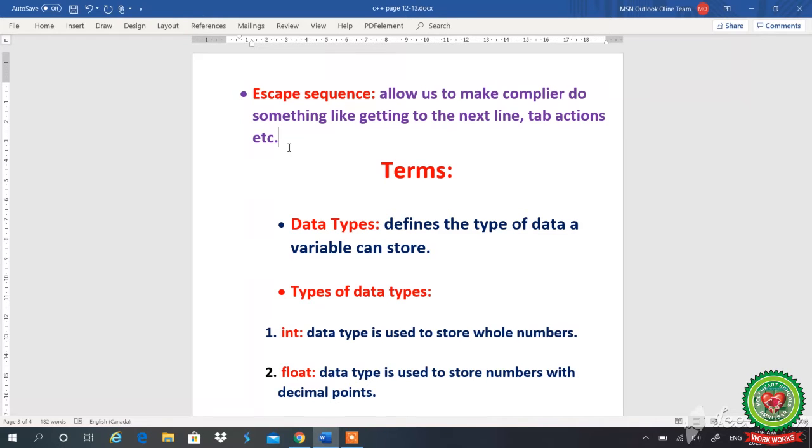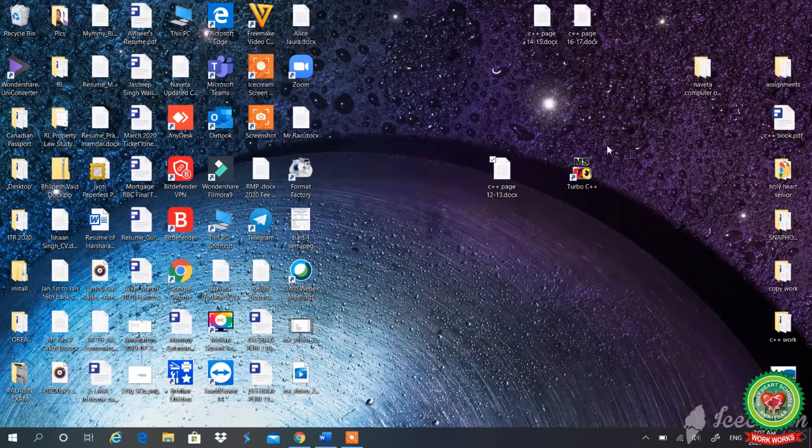We are having different types of escape sequence like \a, that is used to produce bell sound from the system. Next we are having \v, that will add vertical tab. Next we are having \n to bring the cursor to the new line, and we are having \t for the horizontal tab, \" to put the double quotes, and many more. To know more about these escape sequences, let us do the program with the use of escape sequence.